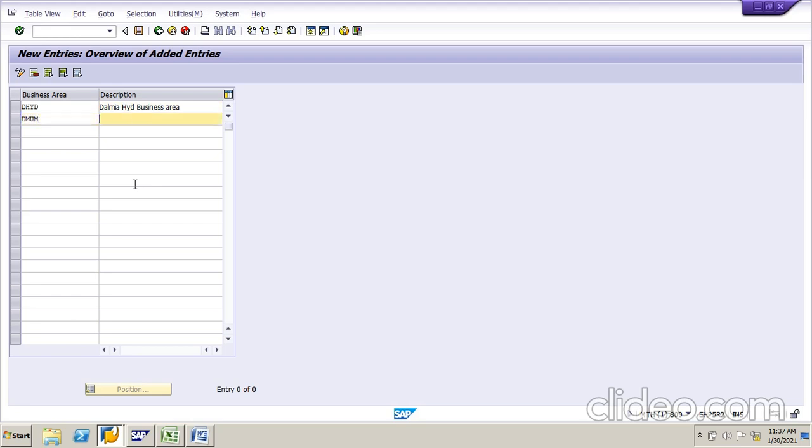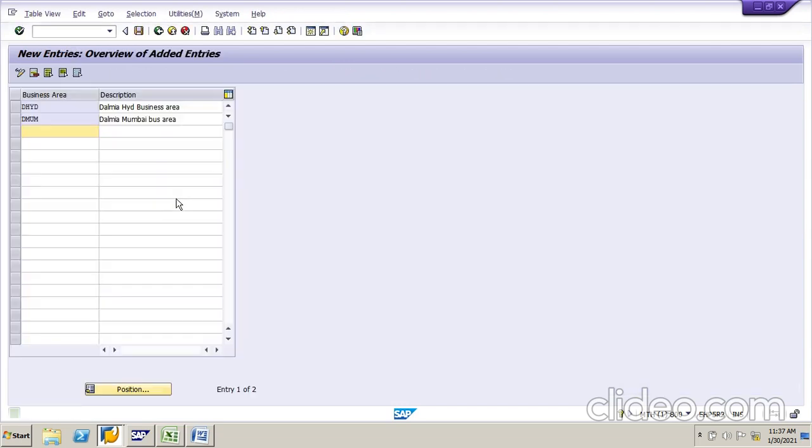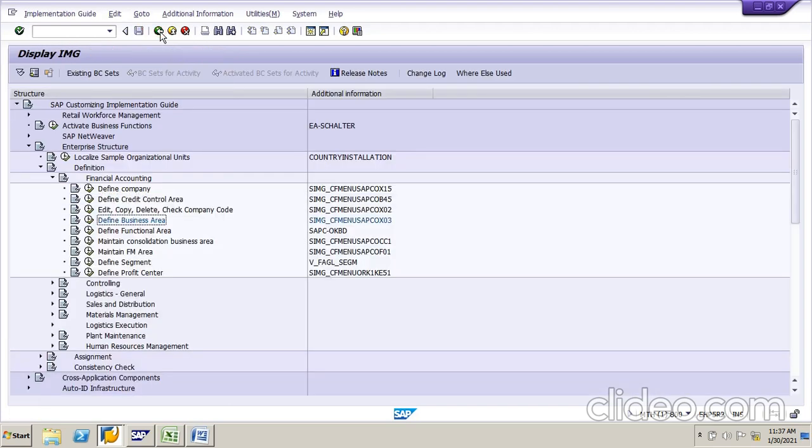Next one is DMUM, my business area. Save the data. Save in the same place. Come back. So business area is completed.